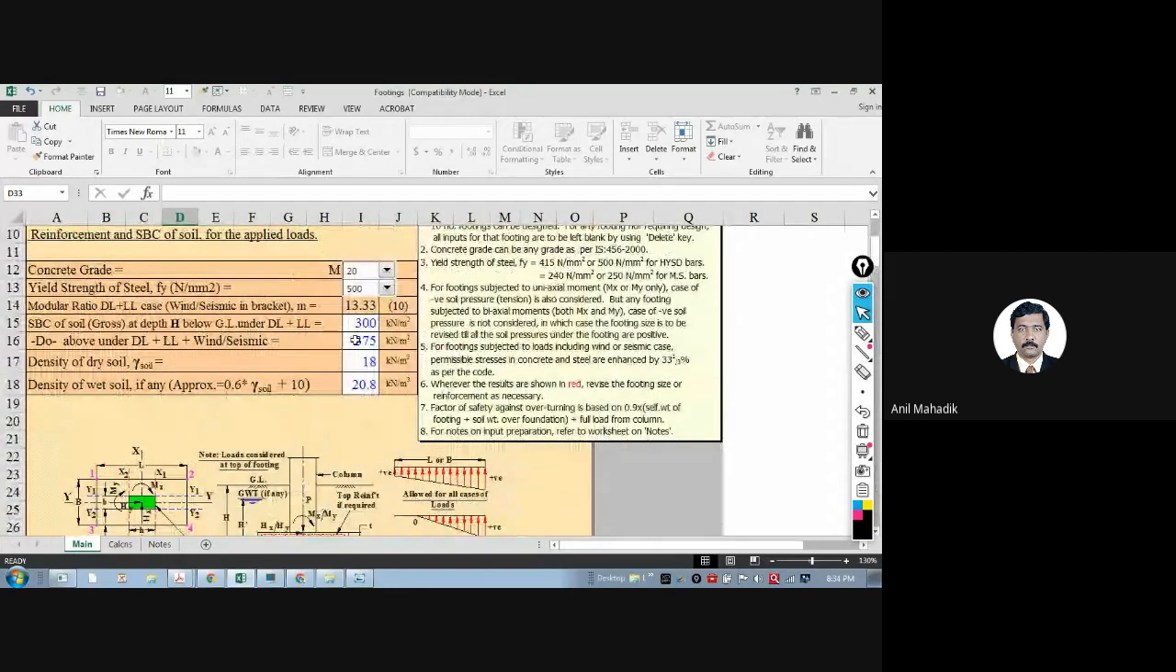Now one point I have missed actually here, which is nothing but the SBC. Whenever you write over here, it should be gross SBC. So generally we get the SBC from geotechnical report, which is net SBC, net soil bearing capacity. Let's say it is net SBC we got as 300 kilonewton per square meter. Now gross SBC is